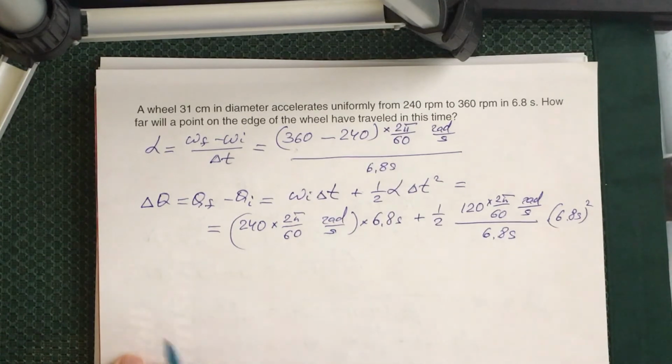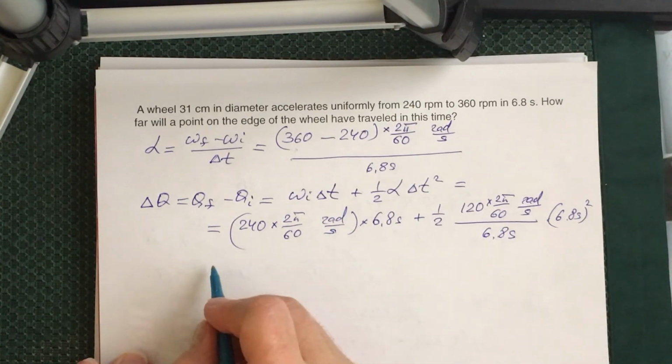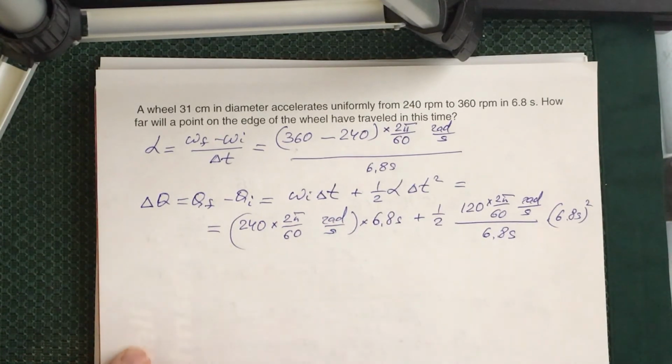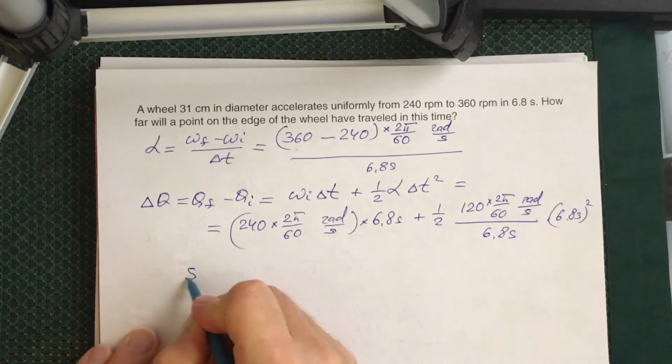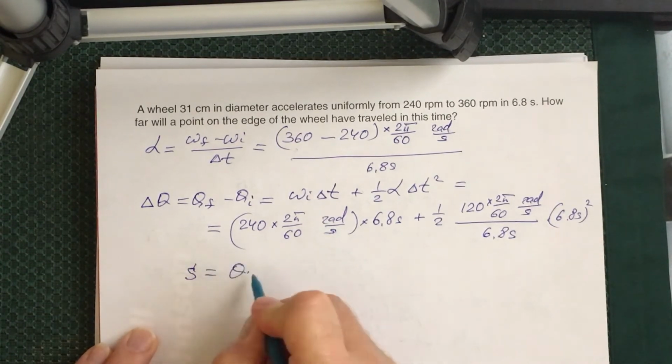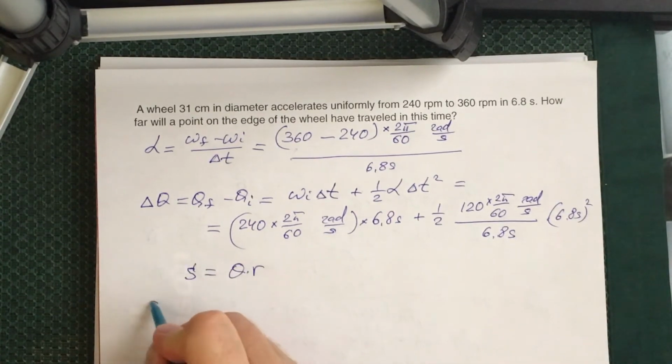And to find the linear distance, the only thing you have to do is use the relationship which exists between the length of the arc and angle. This relationship is very simple. Length of the arc is equal to theta times radius. So the total path covered by the point